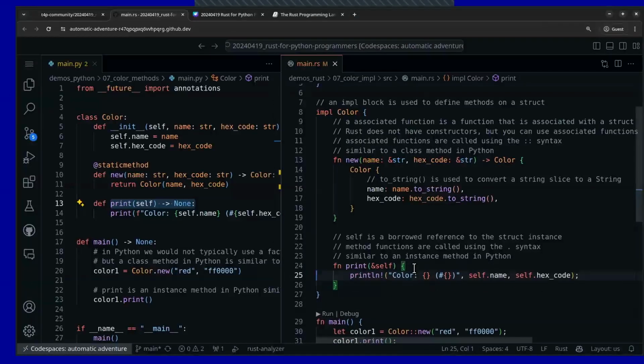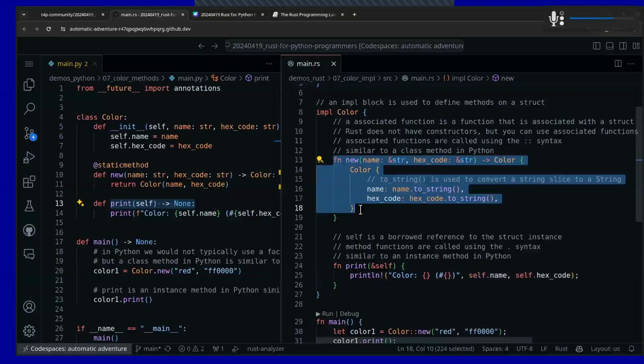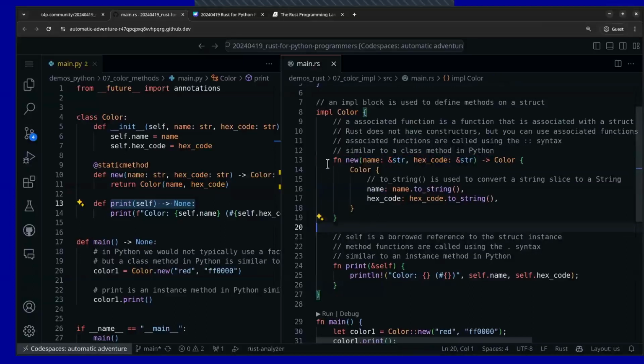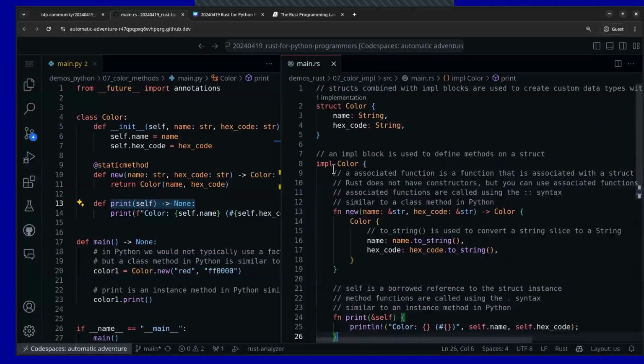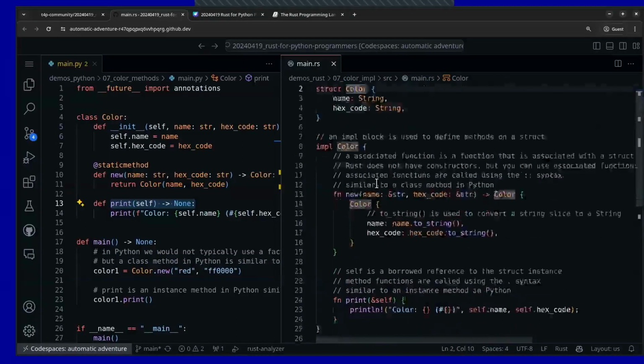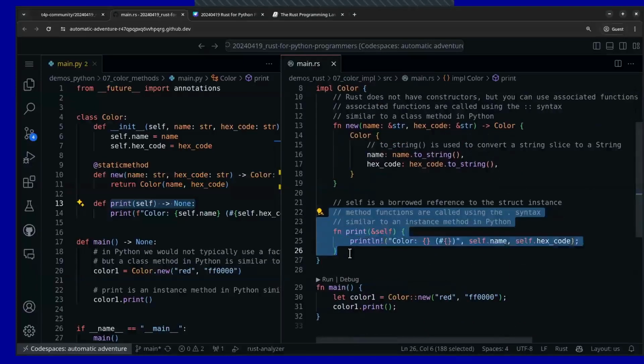there's our print method there, okay? And then here we have our new. Right, so what happens is any method defined inside the impl block will either become a method of the struct itself or a method of an instance of the struct. Okay? All right, so